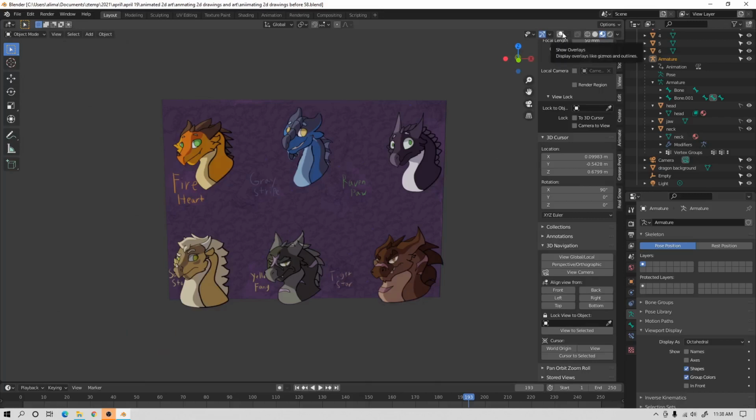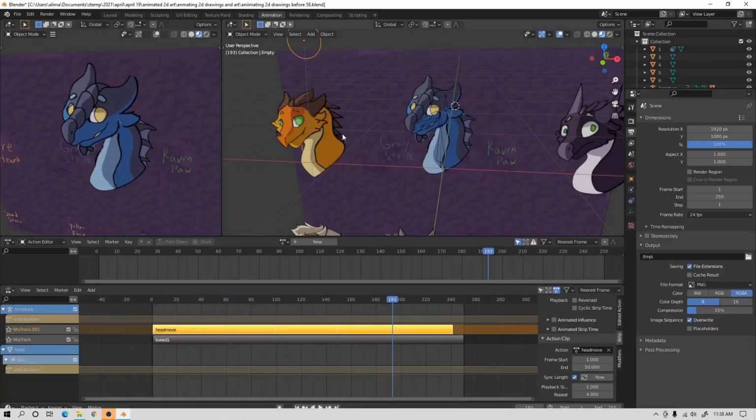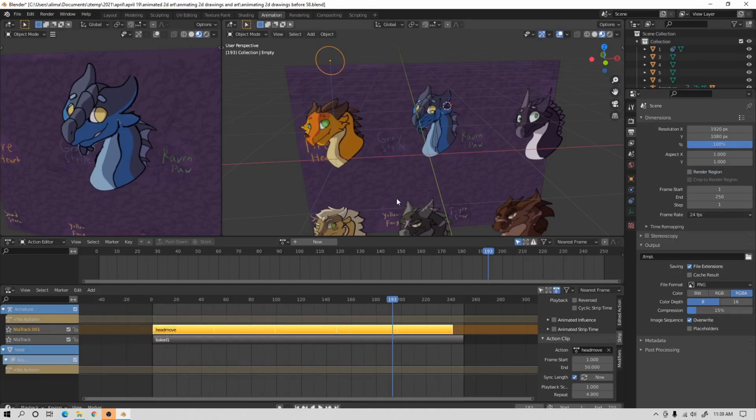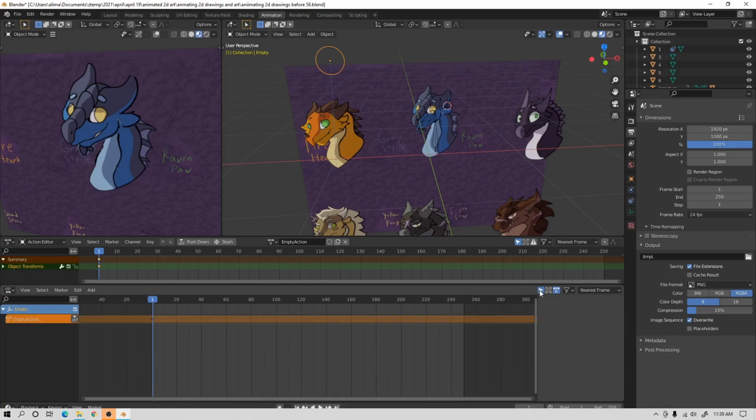Okay, I'm going to go back to the overlays and turn this back on. We're going to click on this here and go back to our animation window. Here we're in object mode because this doesn't have bones in it, right? I'm going to turn off this, click here. So we have this object here, and it's selected. We'll press I. I'm going to click this arrow here so we can see our keyframe there. We'll go to frame